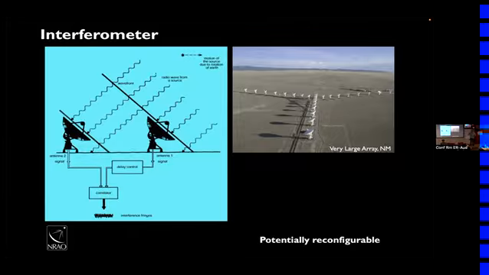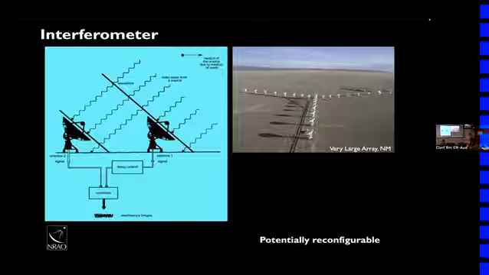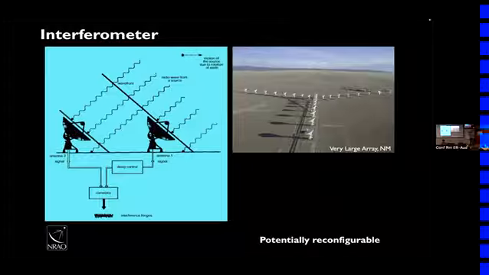And it turns out that each baseline goes through what's called a correlator that basically combines the signals from each of those antennas, and you get something called a visibility. Those visibilities are recording the interference pattern along a lot of different axes of the incoming radiation. And so the final step that you have to do as a radio astronomer is Fourier transform that interference pattern to see what the actual image on the sky is.